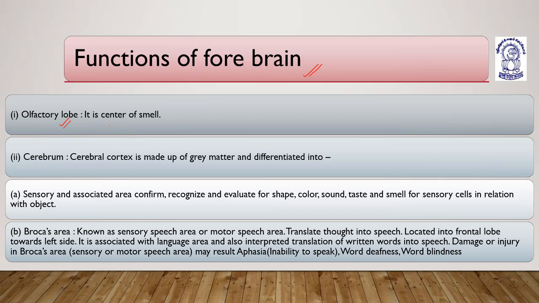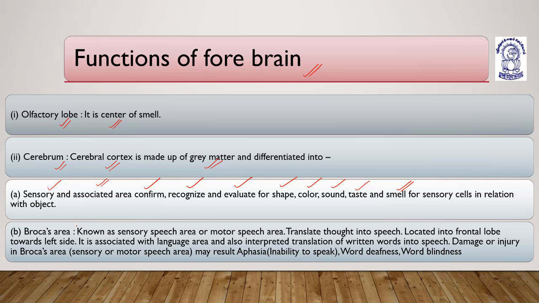Olfactory lobe. It is a center for smell. Cerebrum, the cerebral cortex, is made up of gray matter and is differentiated into sensory and associated areas. Sensory and associated areas confirm, recognize, and evaluate shape, color, sound, taste, and smell for sensory cells